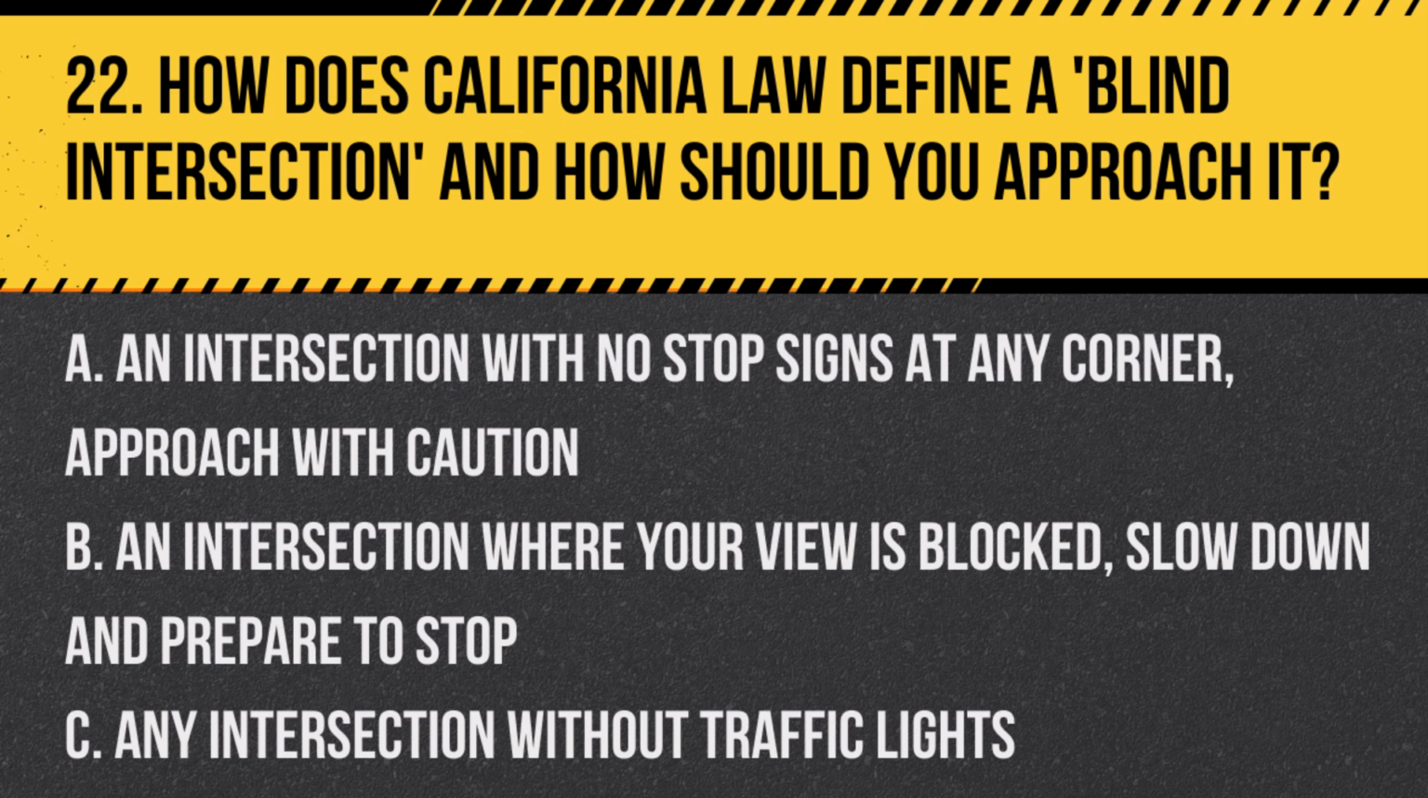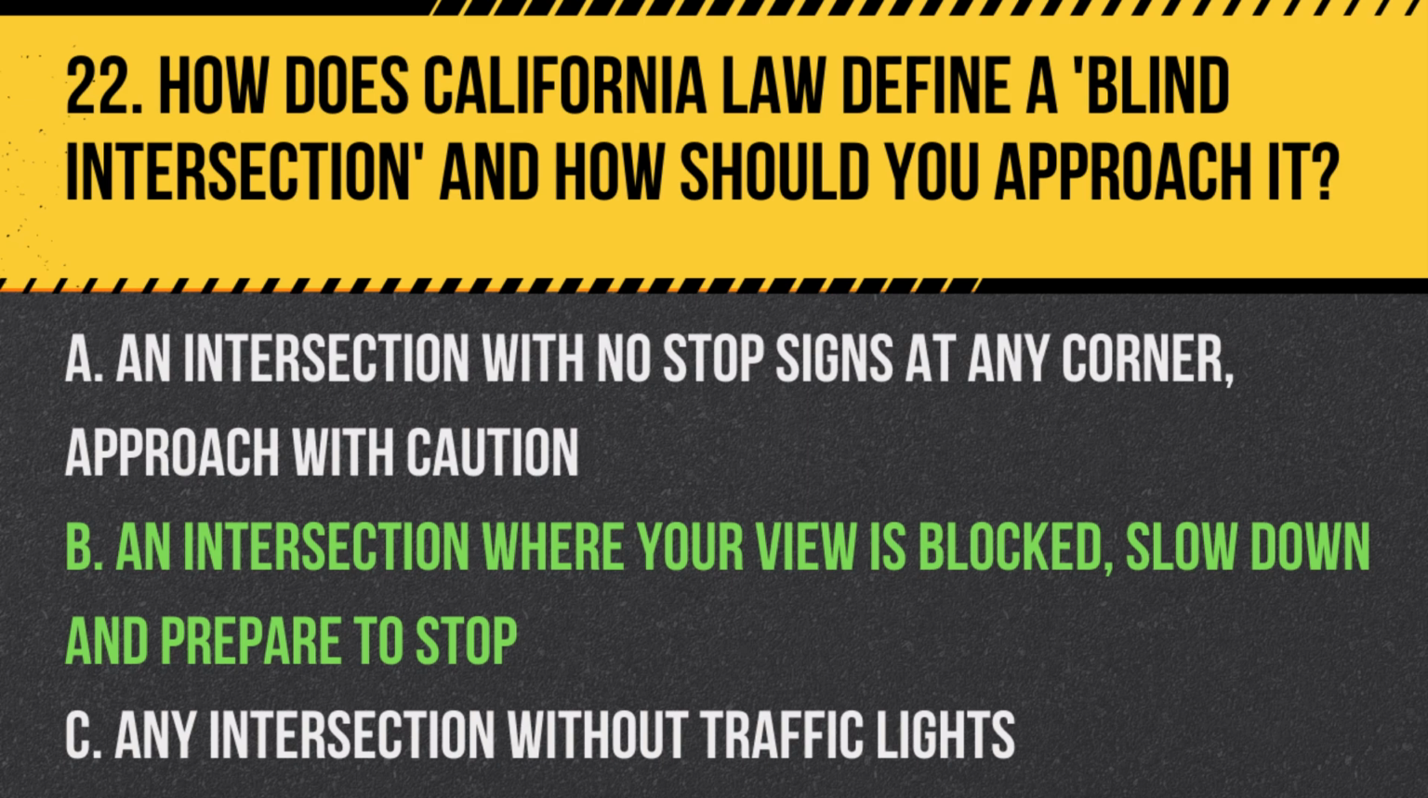Question 22. How does California law define a blind intersection, and how should you approach it? A. An intersection with no stop signs at any corner. Approach with caution. B. An intersection where your view is blocked. Slow down and prepare to stop. C. Any intersection without traffic lights. Answer: B. An intersection where your view is blocked, slow down, and prepare to stop. A blind intersection is one where your view of oncoming traffic is obstructed and you should approach it slowly, prepared